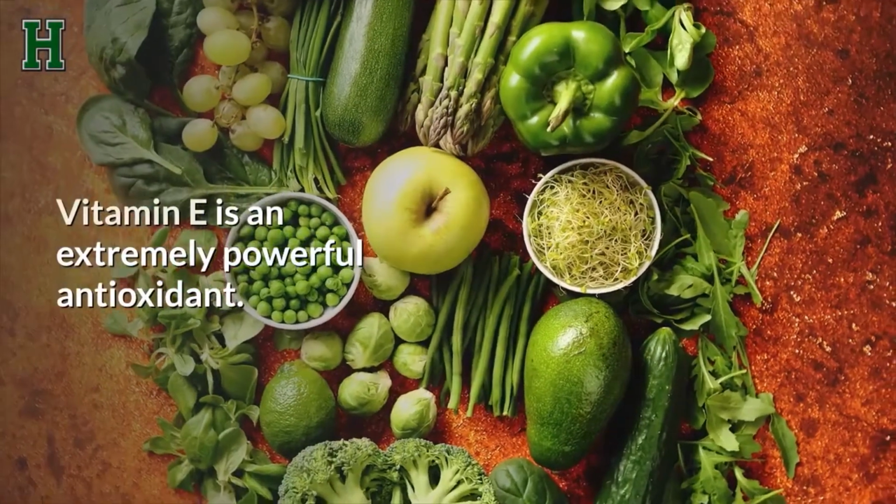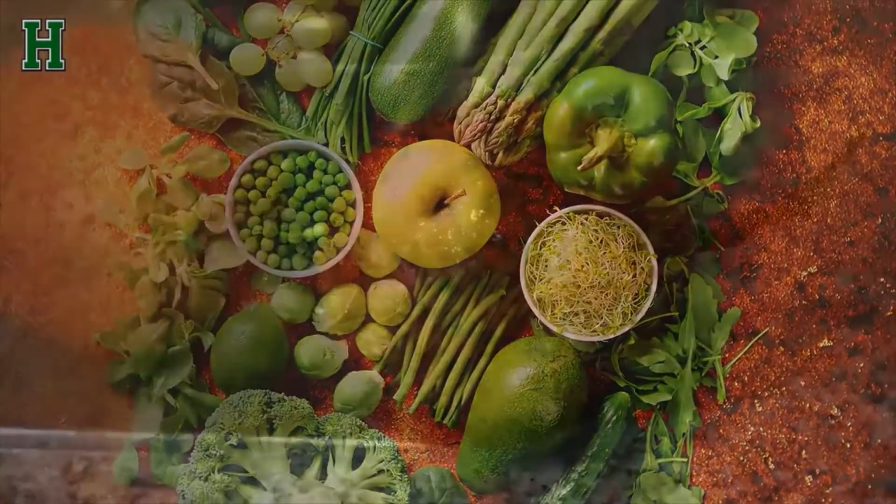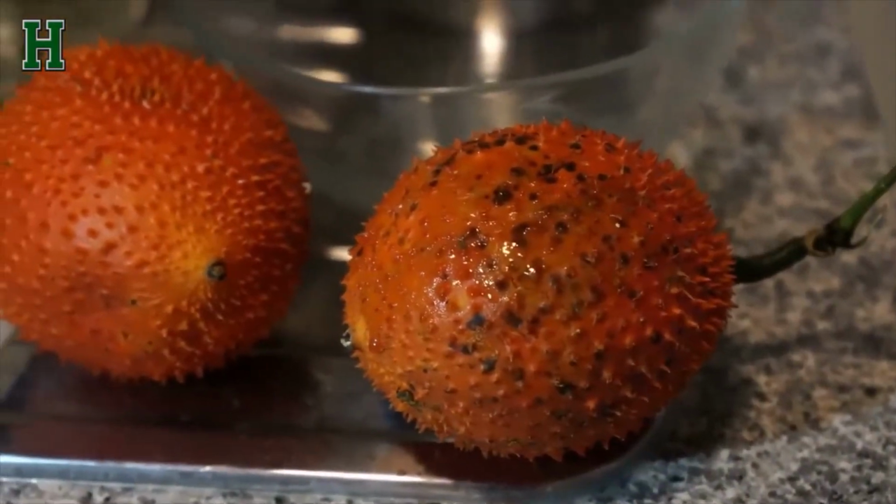Vitamin E is an extremely powerful antioxidant. It relieves oxidative stress, which occurs when your body doesn't have enough antioxidants to fight free radicals. Oxidative stress is a major cause of the deterioration of your skin's collagen layer. Since collagen keeps your skin looking supple and wrinkle-free, you want to stave off oxidative stress with antioxidants by using